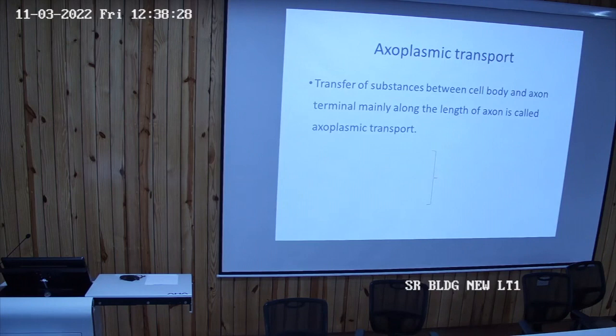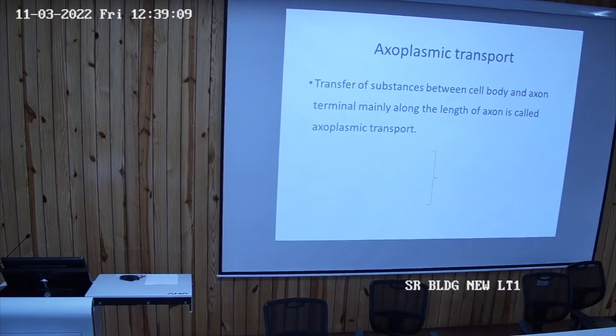So what happens is that the substances, the proteins which are necessary for the survival of the neuron, are produced. Where is it getting produced? Formation happens where? In the cell body, because it has the nucleus, the metabolic center is there. So it has to be transported. All the parts of the neuron require energy and protein for survival. So it has to be transported, and that transport is called the axoplasmic transport.